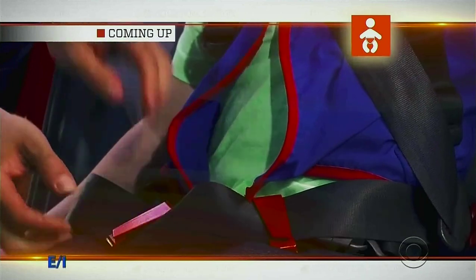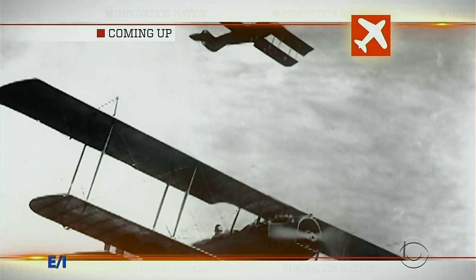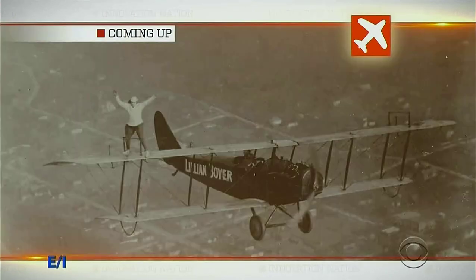That's true. When we come back, innovation assures that your kids stay secured, and they dazzled the crowds as they raced through